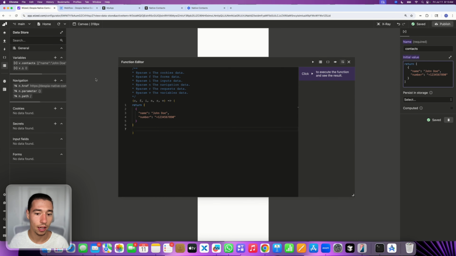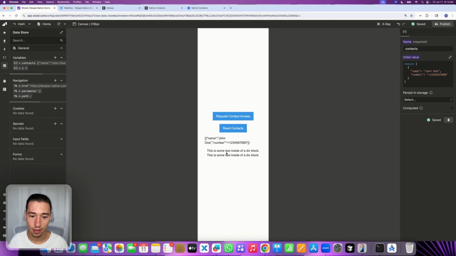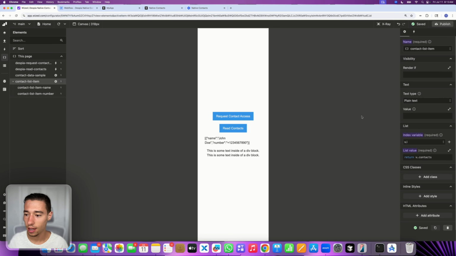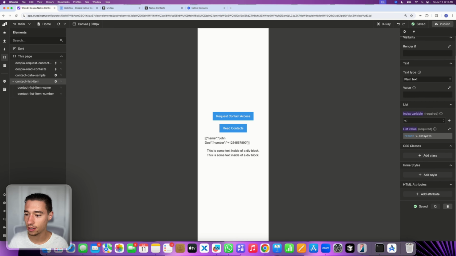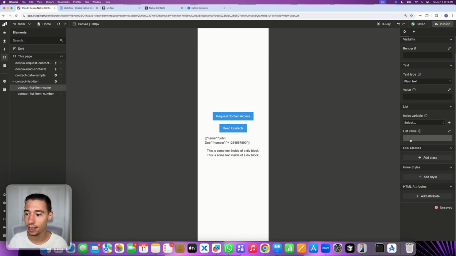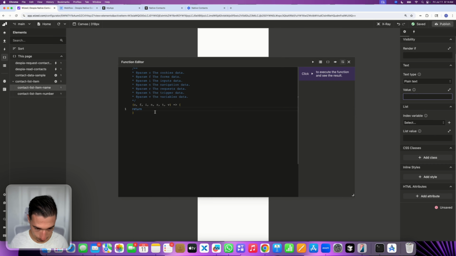Fantastic. Okay, so now we should see there should be this list item in here. So we'll go back to the element section, and we're going to see if this list is being rendered. So we're now rendering this, repeating this list based on v.contacts. So now the contact name, we would need to set text plain, and we would do